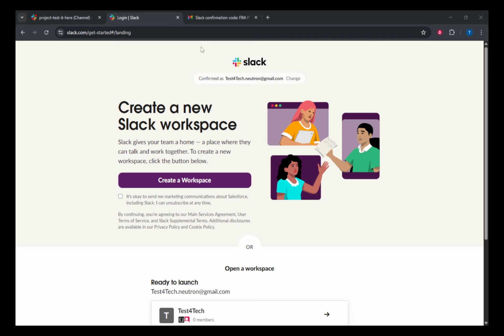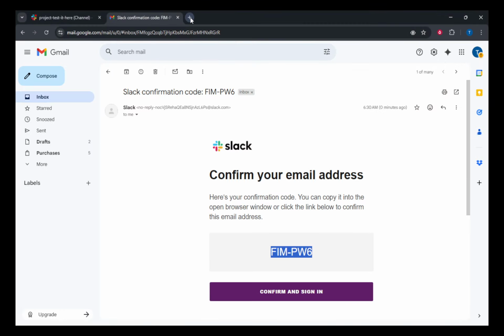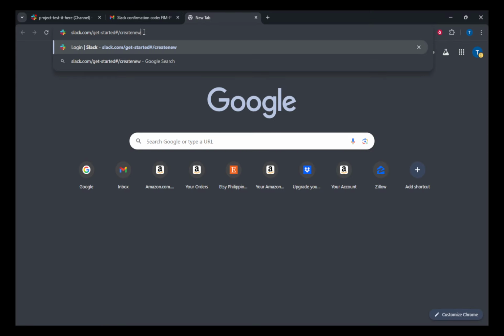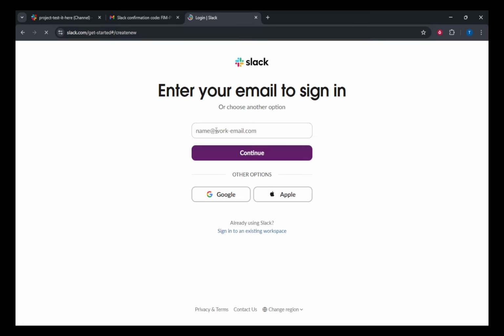To start, open your preferred browser or the Slack app and head over to the Slack Get Started page. You can find it by typing slack.com/get-started/create-new into your browser's address bar. This page is the gateway to setting up your new workspace, so take a moment to make sure you're in